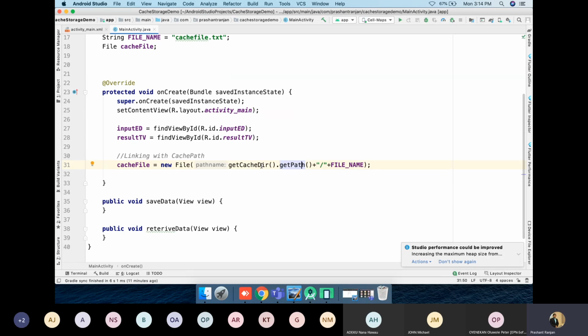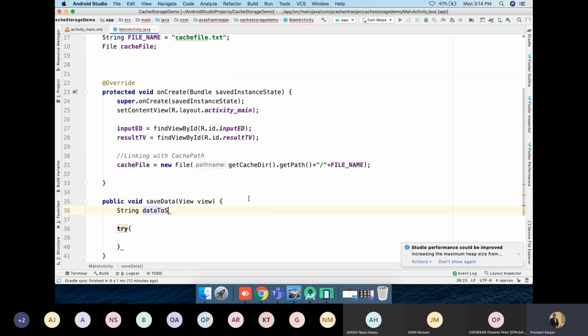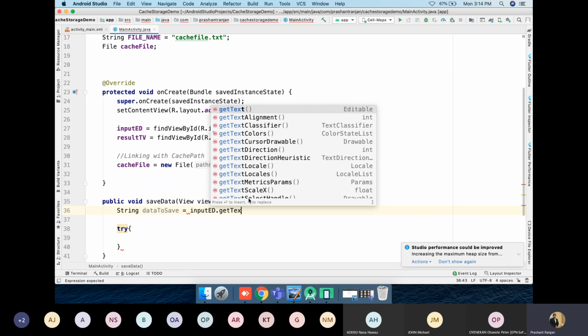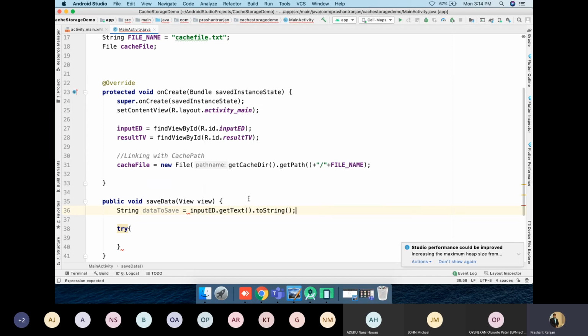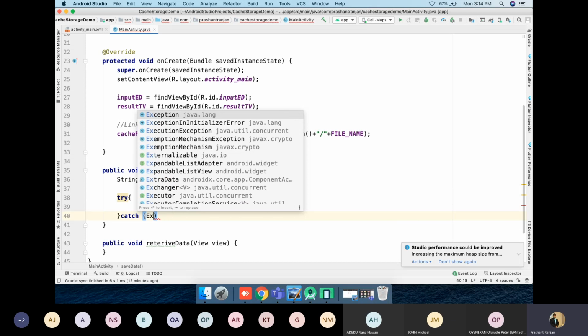So first of all, we will be seeing the save part, how we can do it. To do the saving, what do I need to do? I need to do the try catch. That is the first thing. With the try catch, also get the data. String data to save, which is going to be input.getText().toString(). Going down, writing the catch, exception,